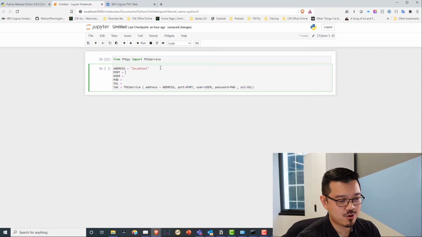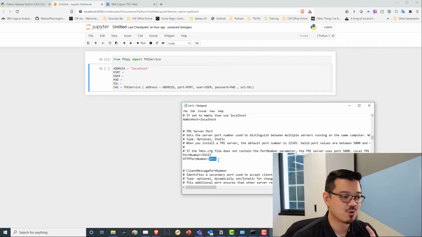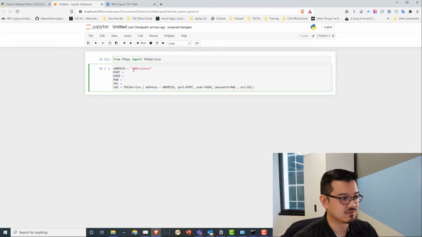Right? What about port? Is port the TM1 port? Is it Python port? Well, no. The port here relates to the HTTP port that we set up before, which is the port for REST API. So just copy it, or you can type it in. So I'm going to go port equals 8091. The user, of course, that's going to be the username and password for who you want to connect using